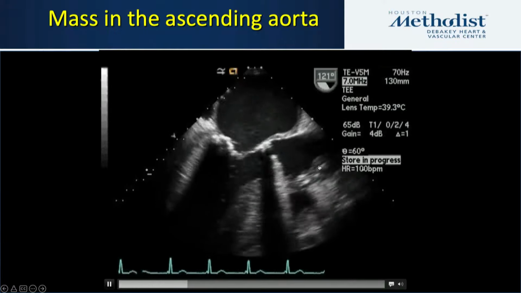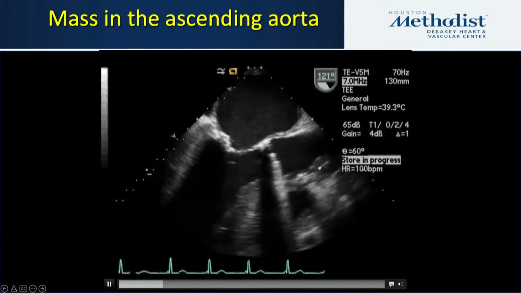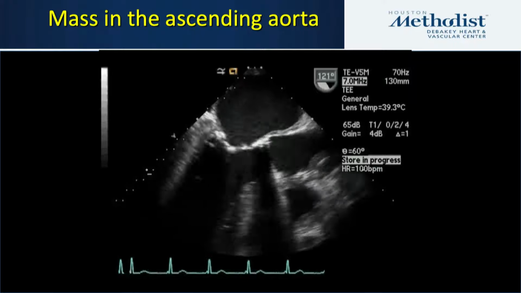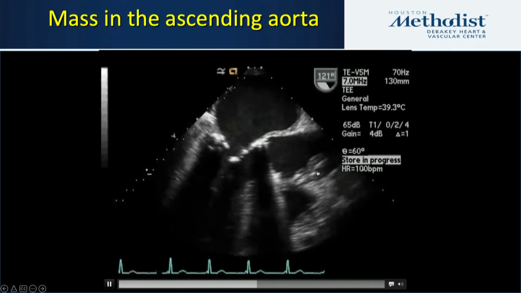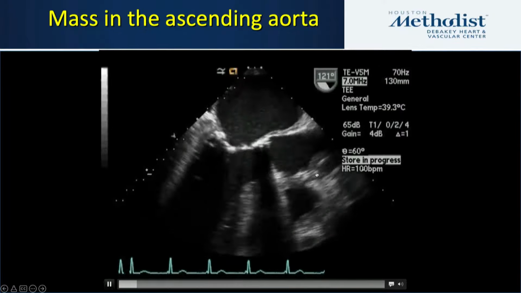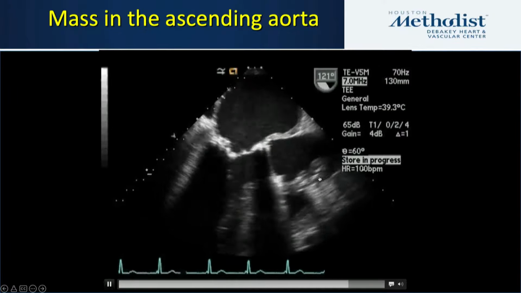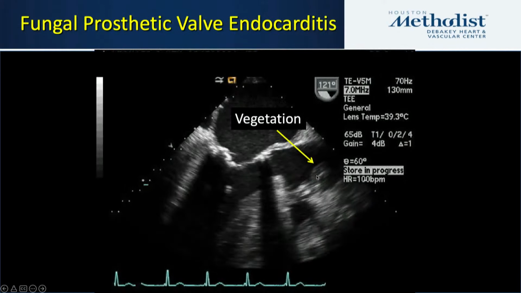And if you look just a little further up right here in the proximal ascending aorta, you see a different sort of wiggling gelatinous mass that's attached here. Remember, this is a TEE, and this was actually the site of the surgical aortotomy and the suture, and this ended up being a fungal vegetation attached to the aortotomy site just distal to the prosthesis. So another reason for this patient's poor health.